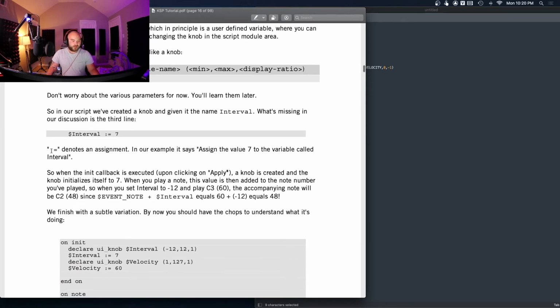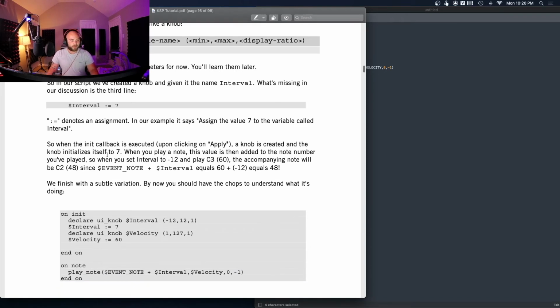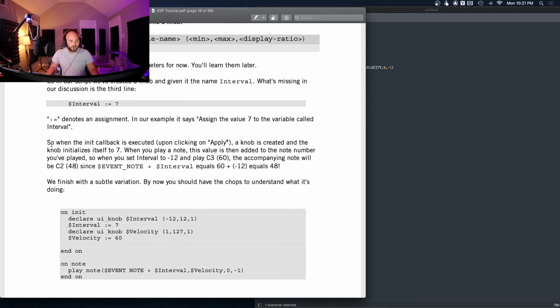So the colon equals denotes an assignment. In our example, it's basically telling KSP, assign the value 7 to the variable called interval. So again, that's just talking about assigning 7 to the knob. When the init callback is executed, whenever we click the apply button, a knob is created and the knob initializes itself to 7. When you play a note, this value is then added to the note number that we've